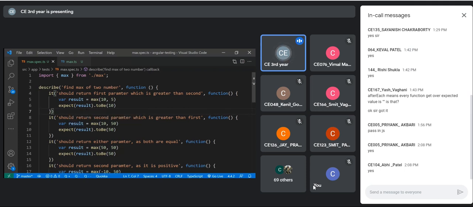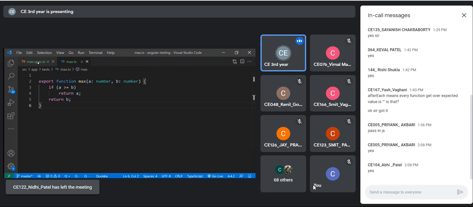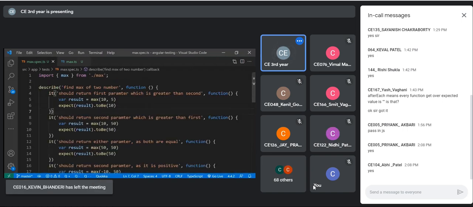Even if the function doesn't exist, we can write the test case, and in that case all the test cases will fail. But once you write your function, the test cases will pass or fail depending upon the implementation.